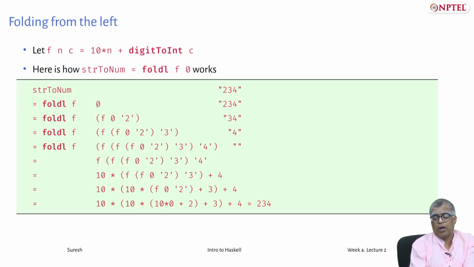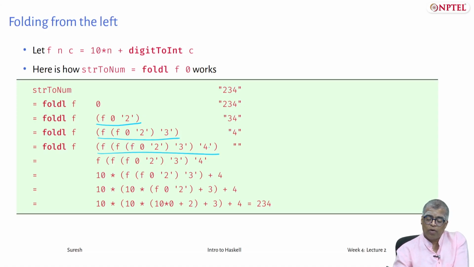But then you will make a recursive call with the modified accumulator, f 0 digit 2, and then apply it on 34, which is nothing but foldl f of f 0 digit 2, and then you modify the accumulator further, f applied on f 0 digit 2 applied on digit 3. So this particular thing applied on the string 4, finally you will get this expression,